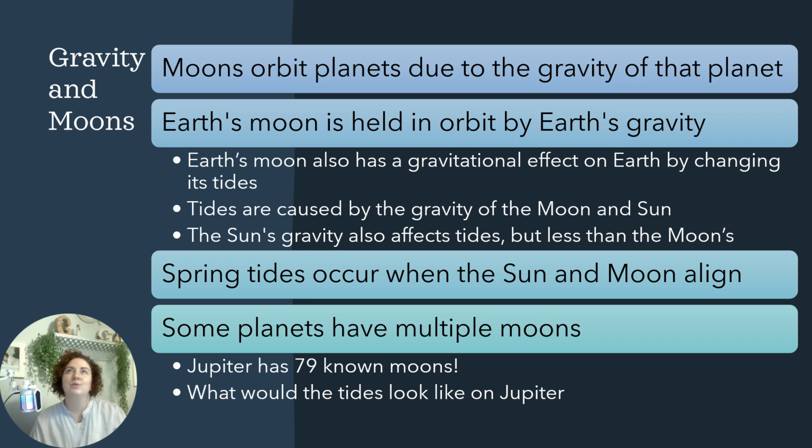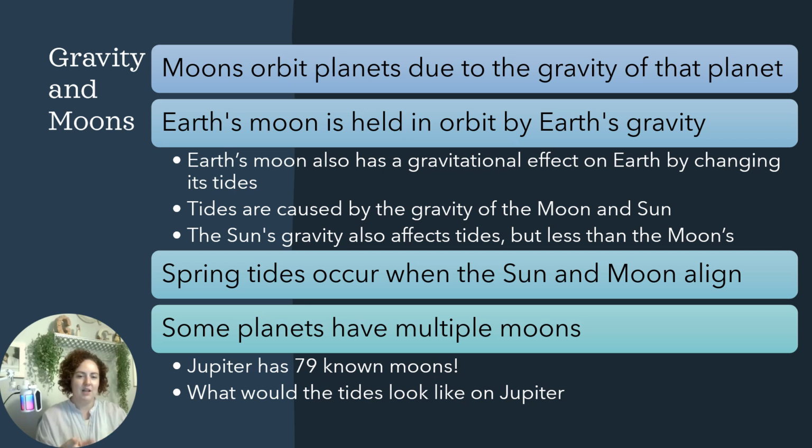Now, some of our planets, as soon as you get away from us, have multiple moons. Jupiter has 79 known moons. Okay, Jupiter and Saturn have the largest amount of moons, and we have to think of what their gravitational attraction is. They're gigantic planets. Of course they're going to be able to handle more moons, but with where they are,